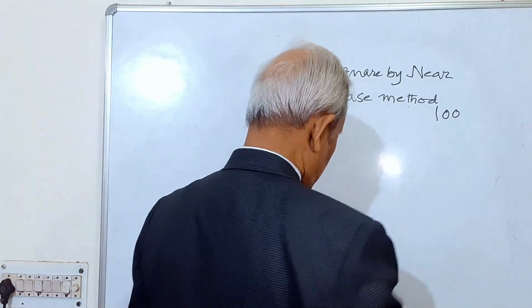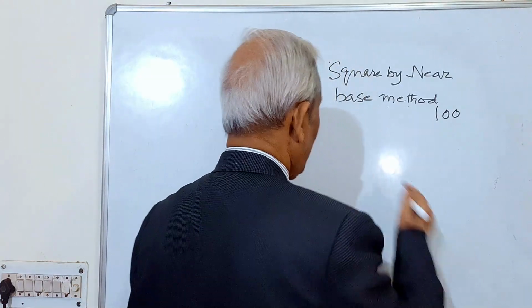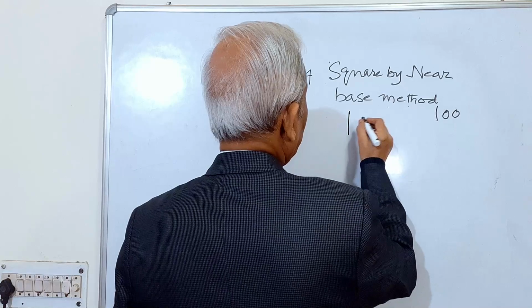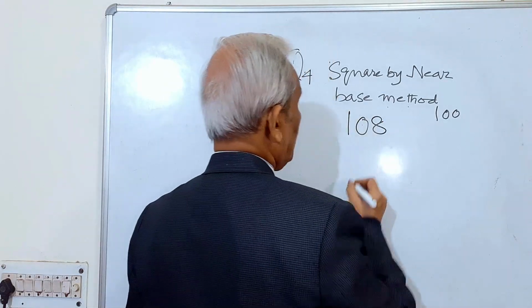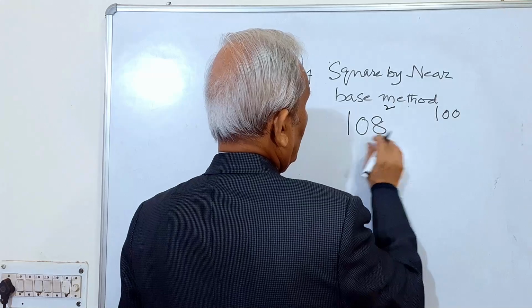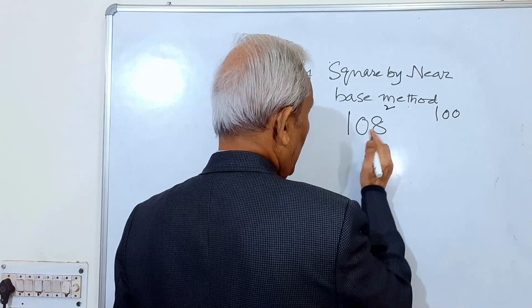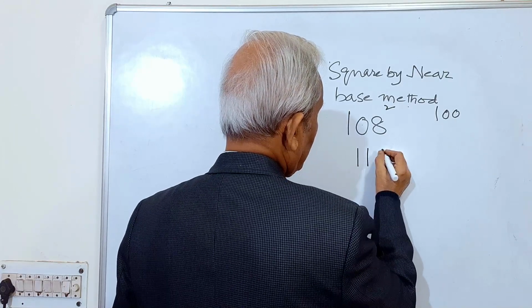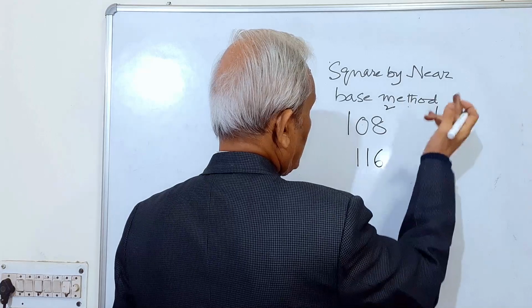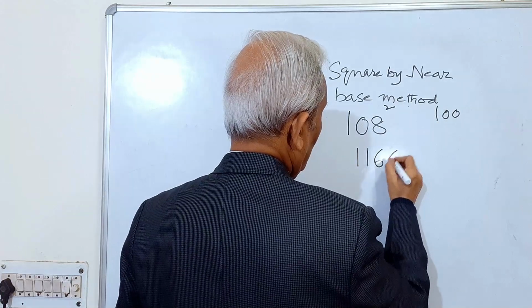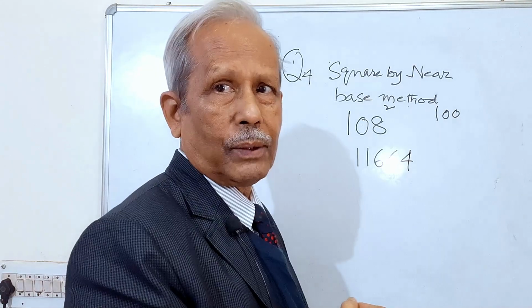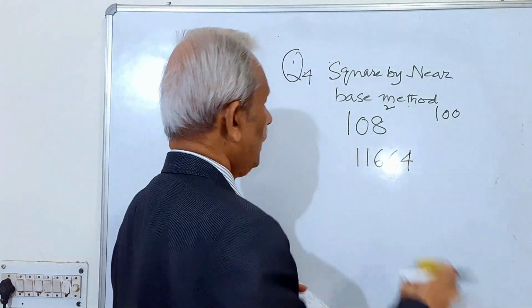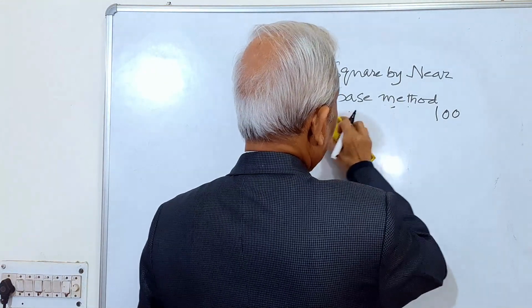Let's do the next question. 108 square. Exactly the same. The difference is 8, so we'll add it. 116. And 8 square is 64. There are 2 zeros. We'll write 64 here as it is. That is the answer, 11664. Well, the last question is